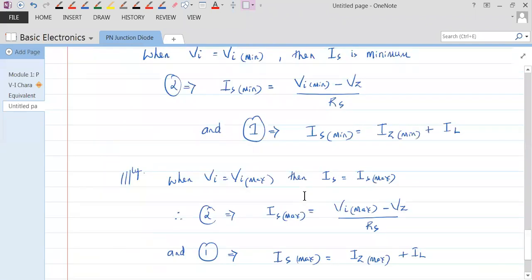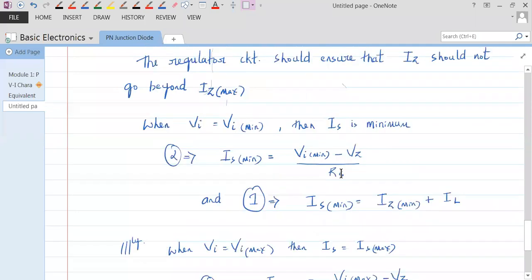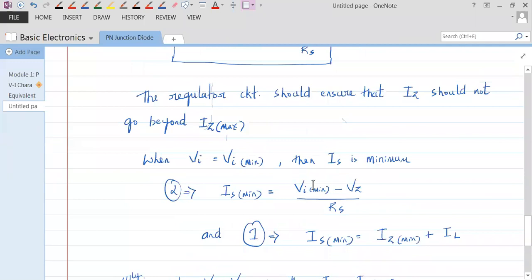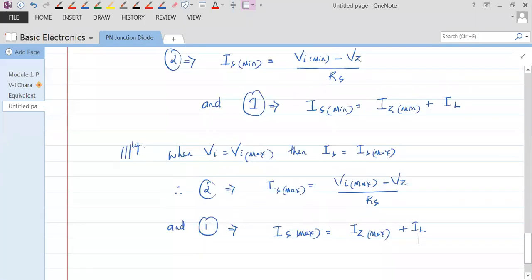Okay, so which is the maximum voltage that you need to apply? This is the maximum voltage that we can apply. Fine. What is the minimum voltage that you can apply? This is the minimum voltage I can apply to get Iz minimum. Fine. So these equations would tell you the range where the Zener diode should be operating when the load is connected. When the load is not connected, just remove this IL. That's it. So it would become without load.